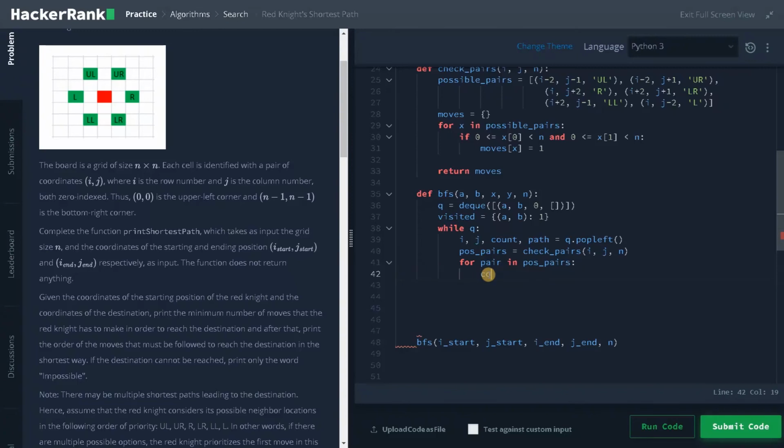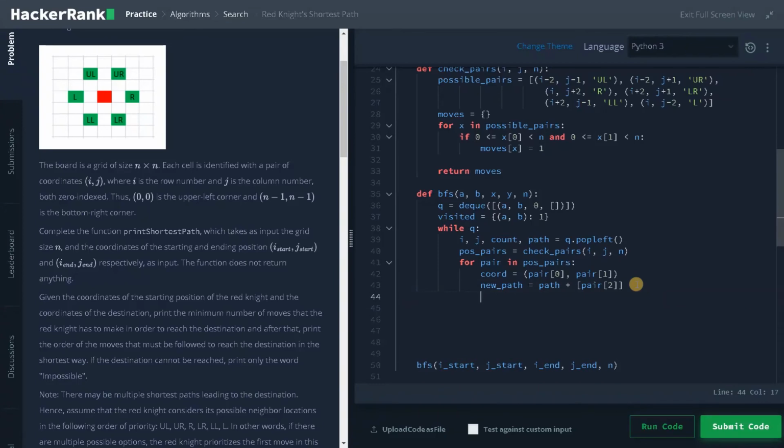I will say coord equals pair of 0 and pair of 1. Here new path equals path plus, and again a list with pair of 2. I'm just adding this to a new variable with the existing path. If it has some existing path, I will just add this to the new path.